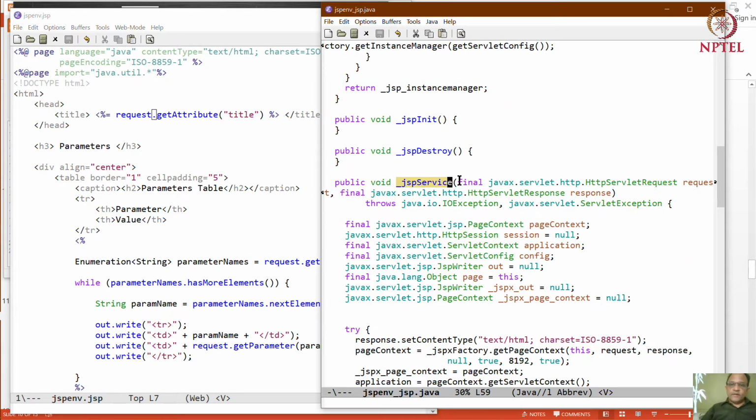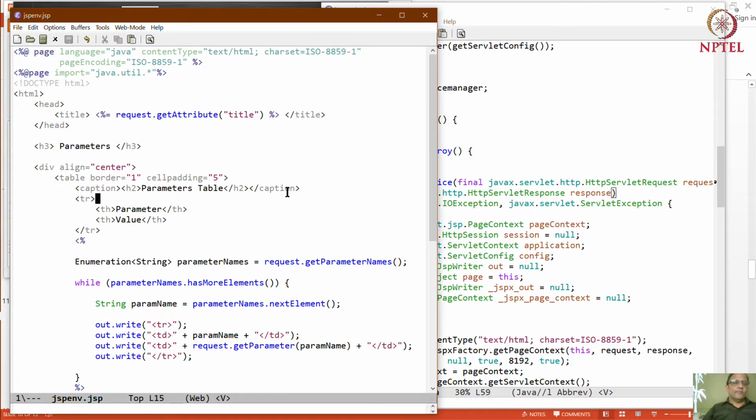By the way, the name here happens to be, instead of doGet, actually underscore JSP service, but it's still request and it's still response, and it's basically the same code.